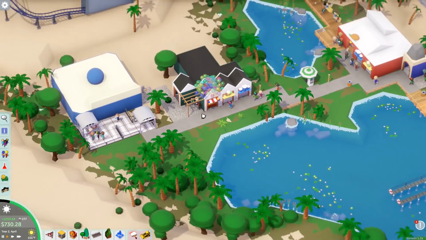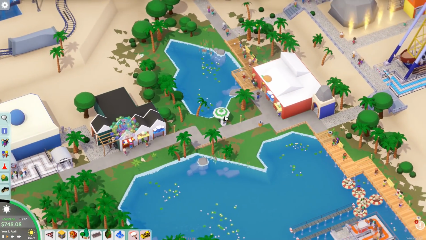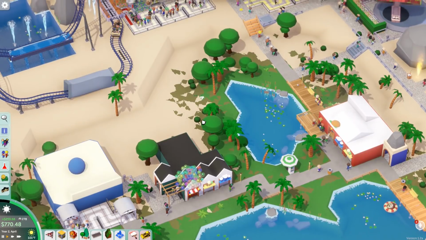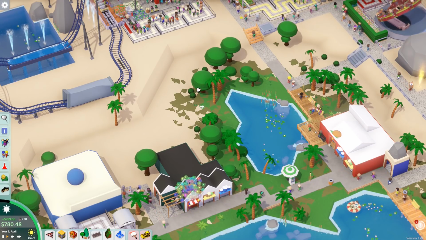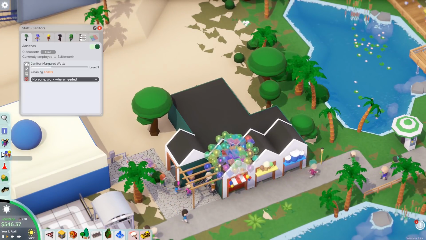It is an awfully spread out park, and it is going to be tough for everyone to get around and get all the trash out of here. There's one trash chute over here. I was kind of thinking if I extended the path along here and then back to here and then put another trash chute over here, that might help. But in the interim,